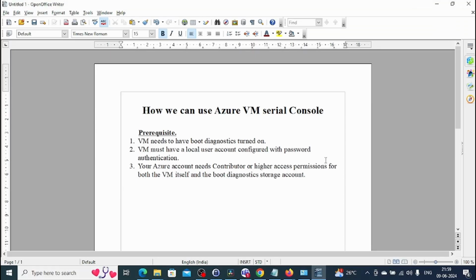In today's video, we will see how we can use Azure VM Serial Console from the Azure portal. Before we start, we will understand what we need to enable Serial Console. First, the VM needs to have boot diagnostics turned on. Second, the VM must have a local user account configured with password authentication. Third, your Azure account needs contributor or higher access permission for both the Azure VM itself and the boot diagnostics storage